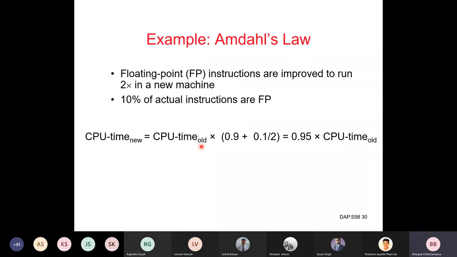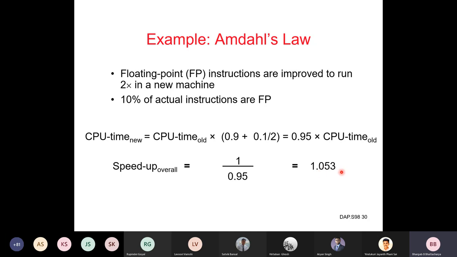CPU time new would be CPU time old multiplied by, so 10% is only floating point. So 90% is the other instructions, and those instructions have not been improved. So 0.9 remains the same, and only for 10%, that means 0.1, that is improved by a factor of 2. So it becomes this, and therefore the speed up becomes